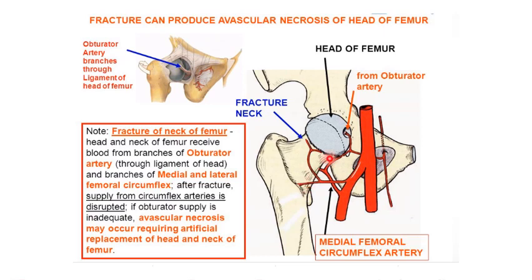The retinacular branches, which enter the capsule to supply the neck and head of the femur, get compromised, causing avascular necrosis of the head of the femur, wherein the head has to be replaced by a prosthesis. That is called the